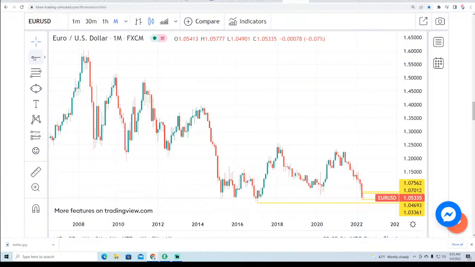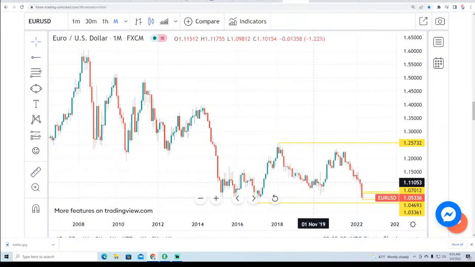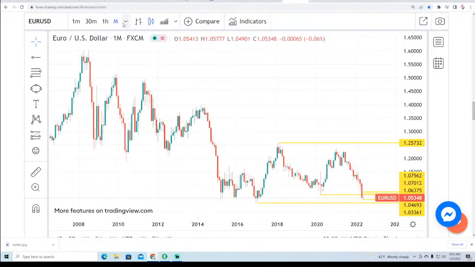This high held, and by the fact that this high held on a long-term trend basis, that kept us in sideways. And then once we took out this low right here, well, that's right where we're at right now. So we go back to the monthly, now we go to the weekly,